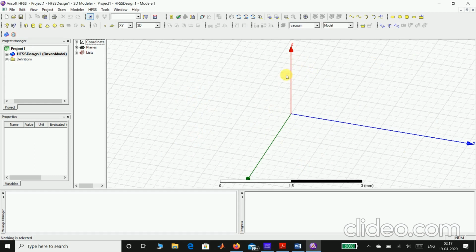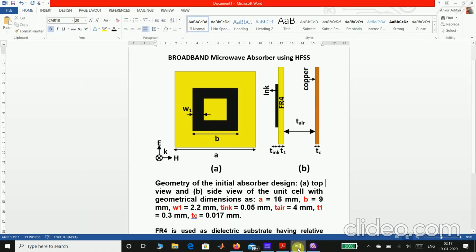So there are three axes: Z axis, Y axis, and X axis. I'll use the Z axis for the height. Like, there's a copper sheet above which there's a gap of air, T air, of 4 mm. So this is my Z axis. This one is my, say, Y axis or X axis. This can be anything, but the main point is this is the Z axis, and the length and width can be of Y axis or X axis.